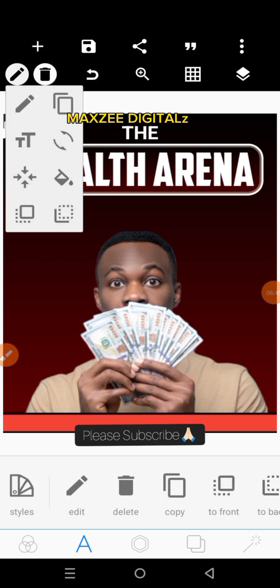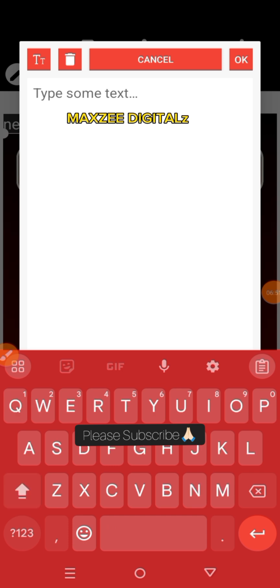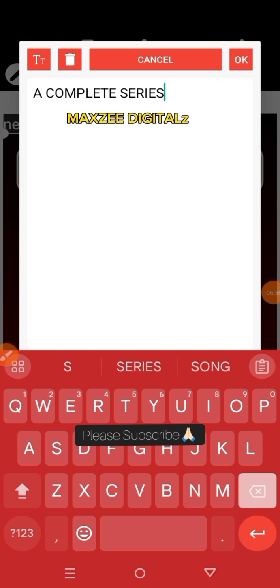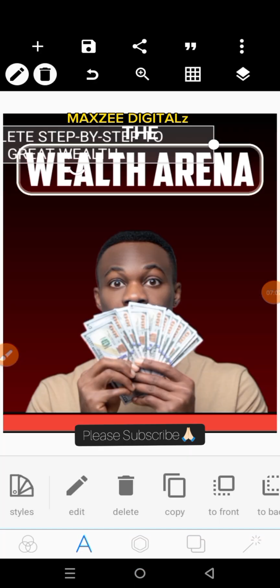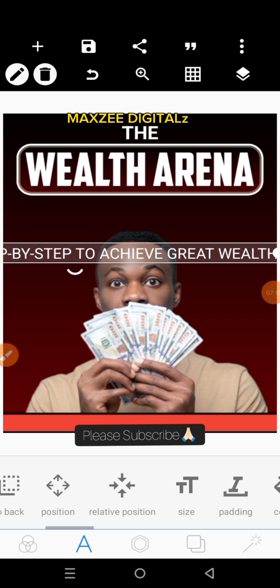Something like the text is, let the text explain what. It's not necessarily for it to be like this. You see, depending on the book design you are making, then you now type a complete step by step to achieve great worth. Then elongate the entire text. Just you elongate them. Then you now reduce the size